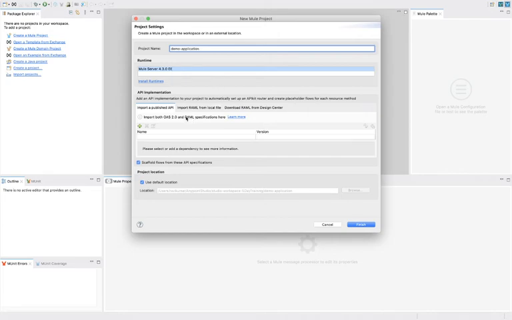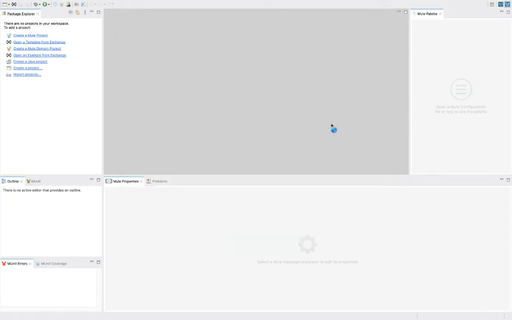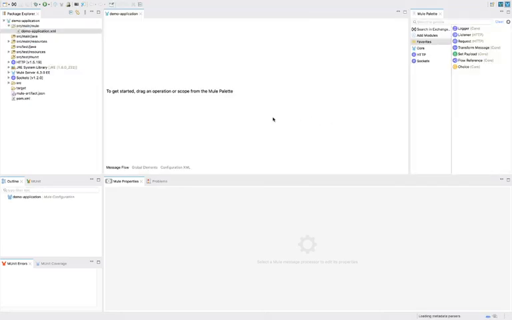Now, if I create my Mule application using a YAML file, then we have three options for where I want to take my YAML file. This we will see later, since currently I am just going to create one dummy Mule application. In day 2 and day 4 you will be able to see what all these capabilities are. Then just click on finish. Now you can see I created one Mule application.